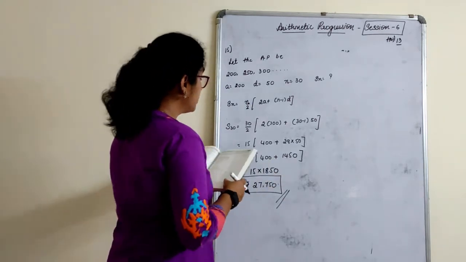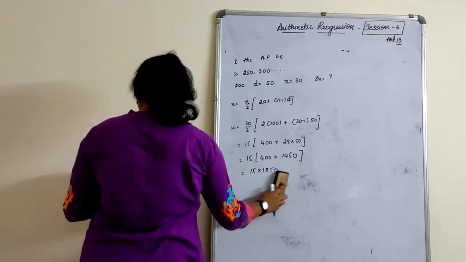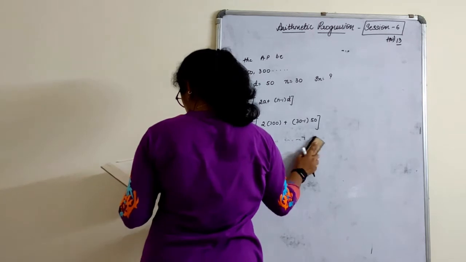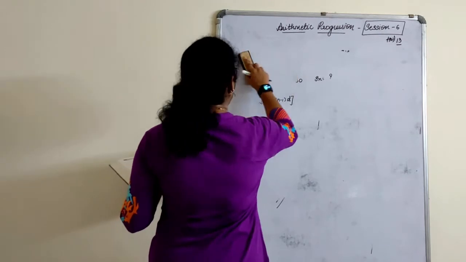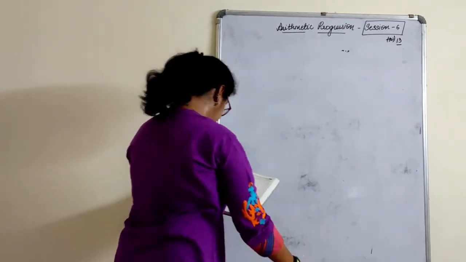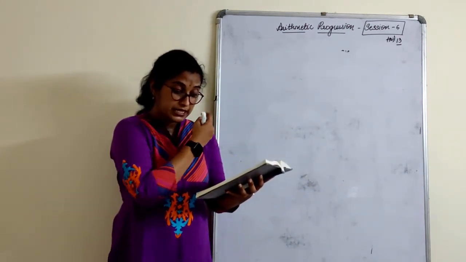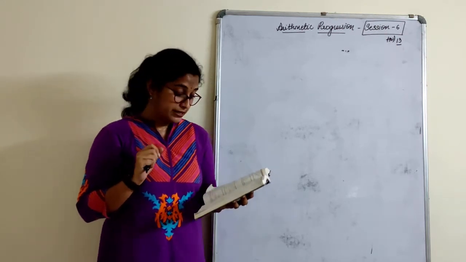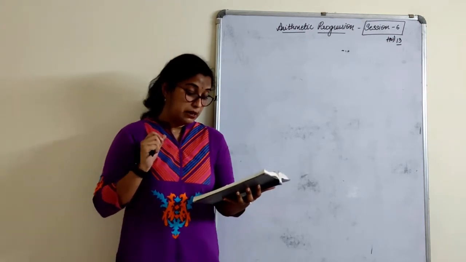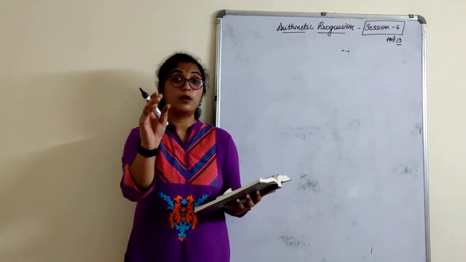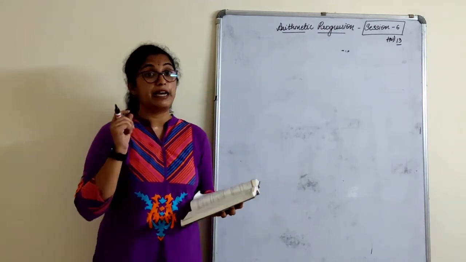So the next one is quite similar, but you need to understand what is the common difference here. A sum of rupees 700 is to be used to give as a cash prize to students of a school for their overall performance. If each prize is rupees 20 less than the preceding prize, find the value of each prize. So here the total sum of rupees 700 is to be given as a cash prize. But how is the cash prize given? We are not aware of what the first prize amount, second prize amount is here. But we know that each amount is differing by rupees 20.